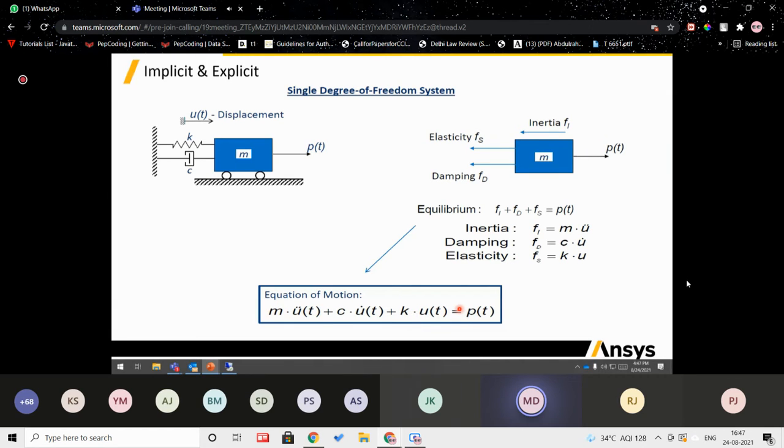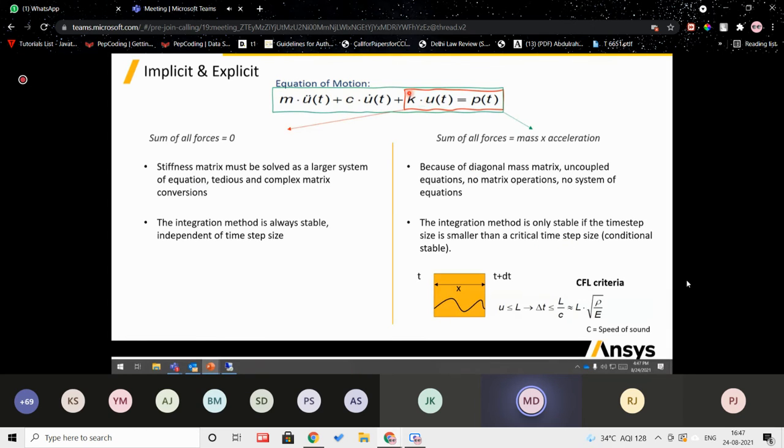So when you say implicit analysis, time dependency is not there. So when it is implicit, you simply can see this equation here. Force is equal to Kx. So when force is equal to Kx and you are doing the implicit analysis, the idea is to check that the sum of all forces should be equal to 0. So this equation, this idea, we take and we analyze, we look for convergence and all.